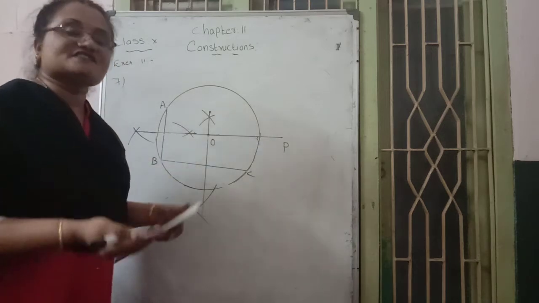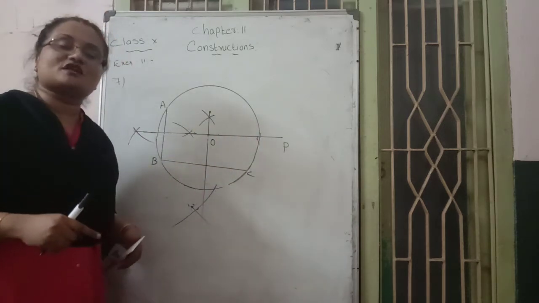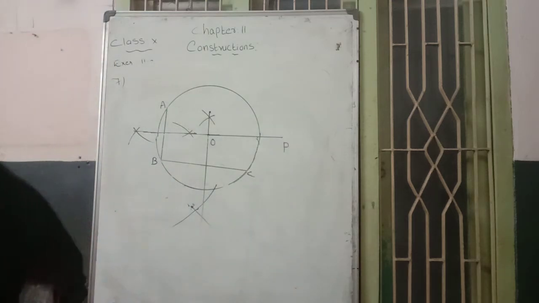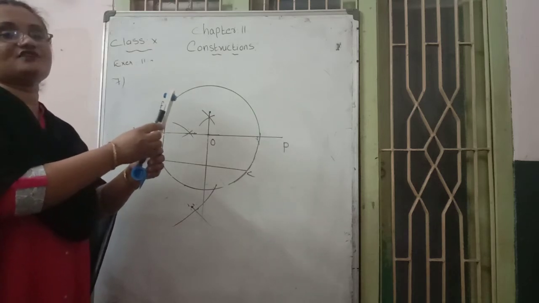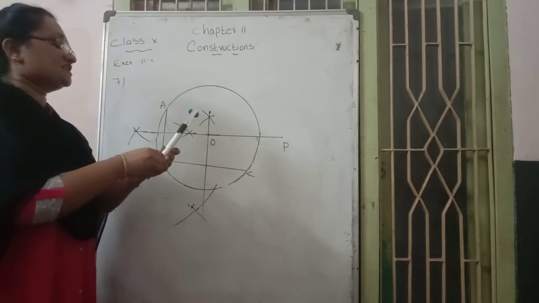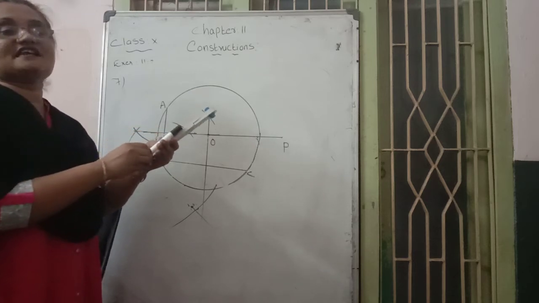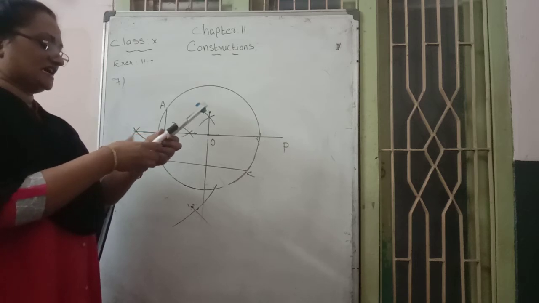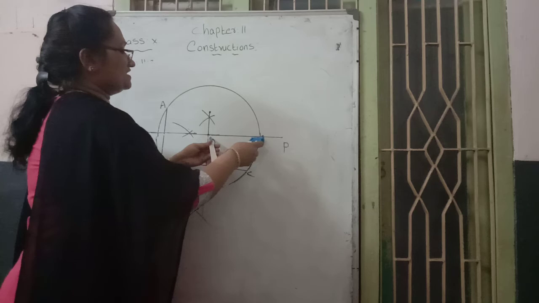Next, draw a second circle. How to draw? Draw the perpendicular bisector for OP. How to draw the perpendicular bisector? More than half. Here, measurement-wise, half of 10 comes to 5. More than half means more than 5. That way, or otherwise, take more than half of the line and draw the perpendicular. More than half means like this.